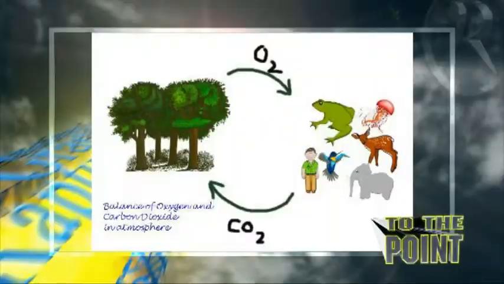Let's just look at the last picture, image 80D. Another example of irreducible complexity. You see, the trees produce oxygen, which is necessary for humans and frogs and, well, all animals, all birds, all living organisms require oxygen. Now, humans and frogs and birds and everything else, one of the byproducts that they give off is a toxic gas called carbon dioxide. But of course, the trees absolutely love carbon dioxide.